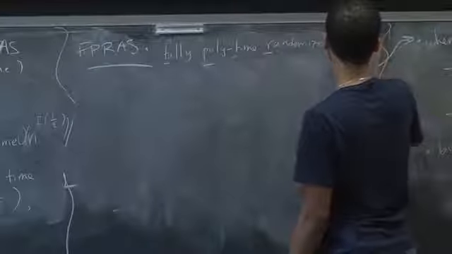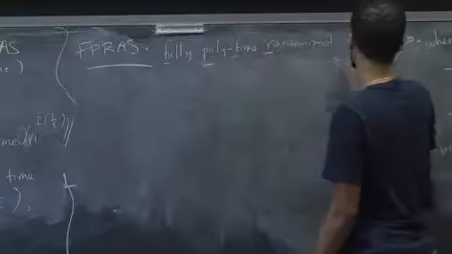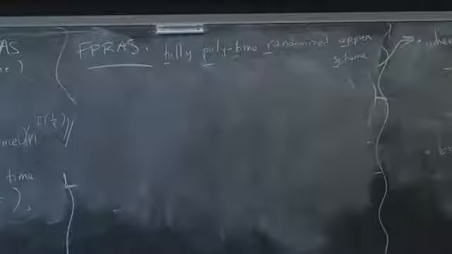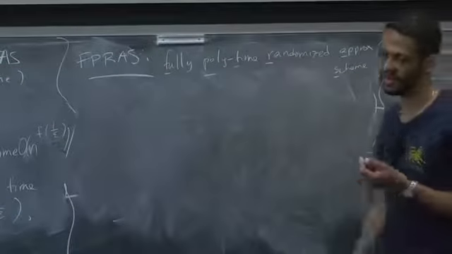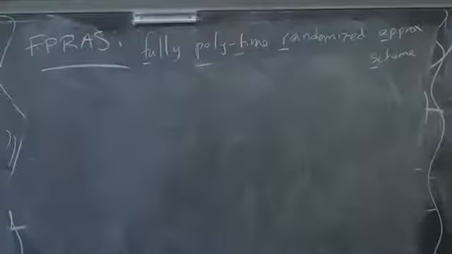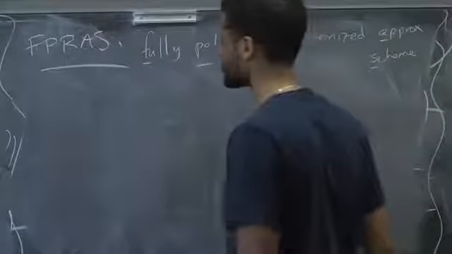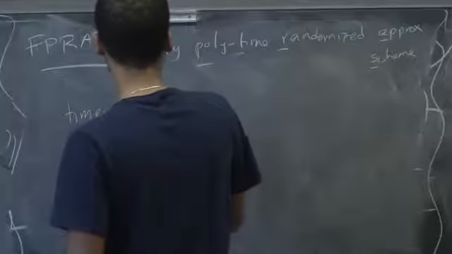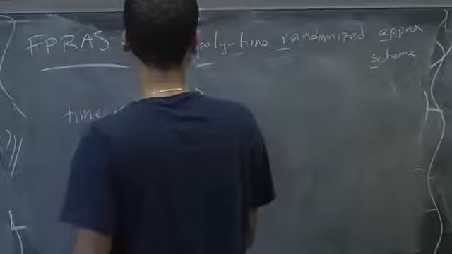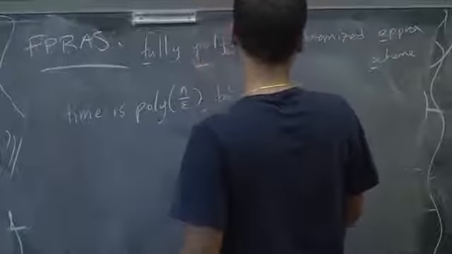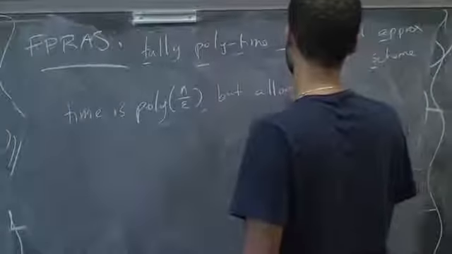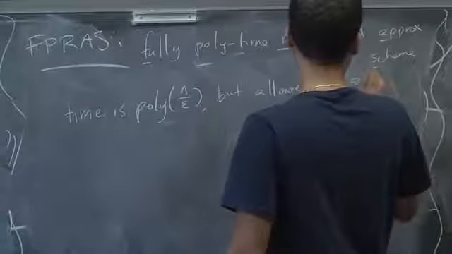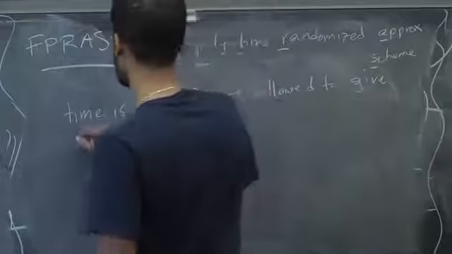Here we allow ourselves to use randomized algorithms, and these randomized algorithms are allowed to have some probability of failure. So the time is poly n over epsilon, but it is allowed to give a wrong answer,